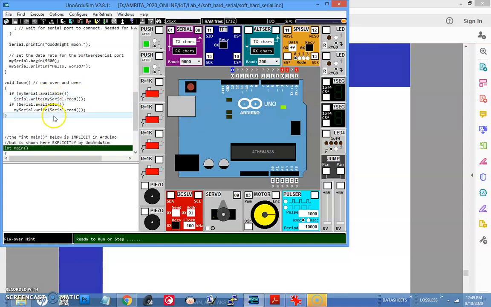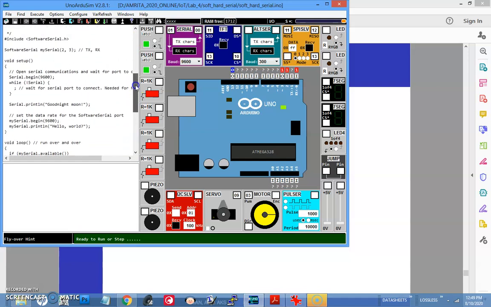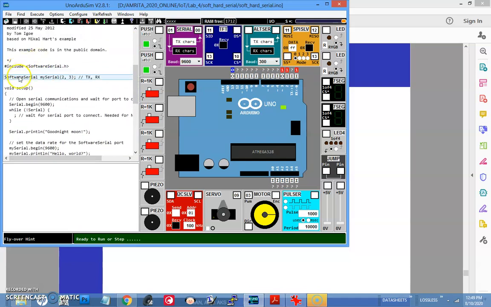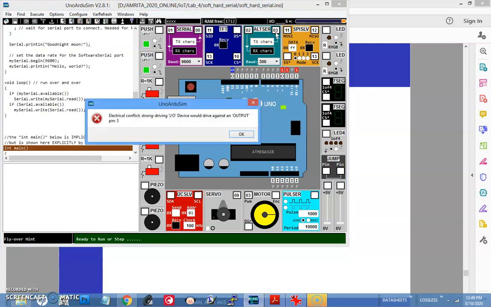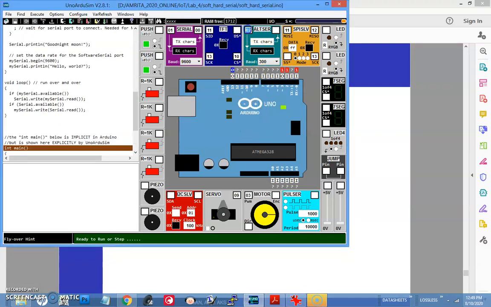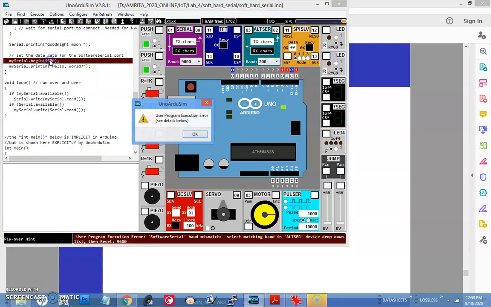So here I have to have the alternate serial. This is the usual serial port which is available at pin number 0 and 1, and this is the alternate serial port which comes as a result of the soft serial use. In my code I have created soft serial at pin number 2 and 3. So I have to give it as 2 here, okay, it should be 3 here and 2 here. Okay, now if I run the code,